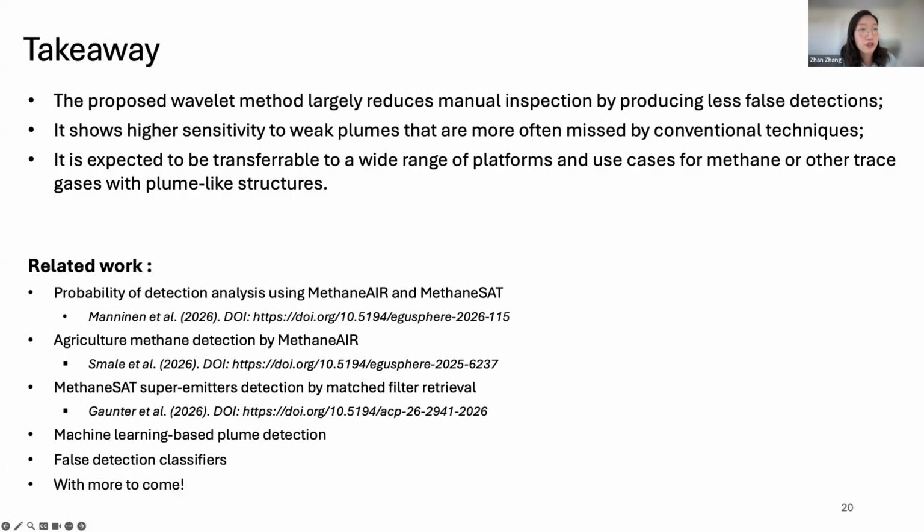Also, our colleague, Professor Louis Gonter, has recently published a paper focusing on MethaneSAT's super emitter detection. In his paper, he also compared to retrievals, the CO2 proxy and the matched filter. So if you're interested in the difference between these retrievals, I encourage you to check this paper out. Also, some ongoing work. For example, this machine learning-based plume detection, I'm also involved with this work. So currently, we are exploring